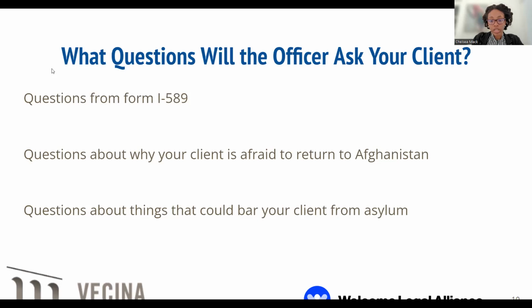The officer is also going to ask some questions about why your client is afraid to return to Afghanistan. So they'll start to get into the latter half of the form, and then also just looking at their declaration. They're just going to ask, why is it that you're afraid to return? So these questions may consist of who are you afraid of? Who do you believe will hurt you? Also, have you ever experienced any type of harm or threats in the past, or did your family, your friends? If so, what happened? And the officer is looking for details, looking for specificity when it comes to these answers, just because, again, this is their asylum claim.